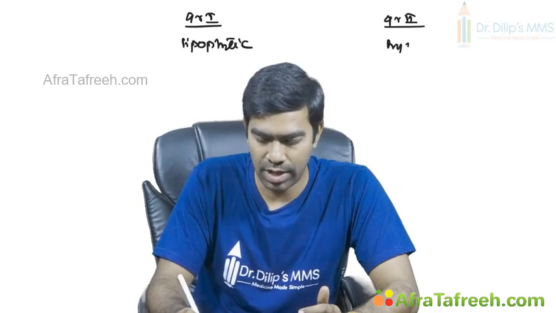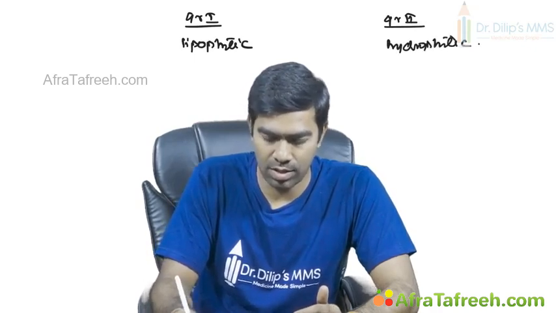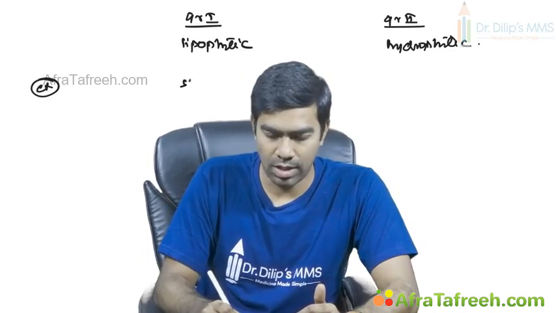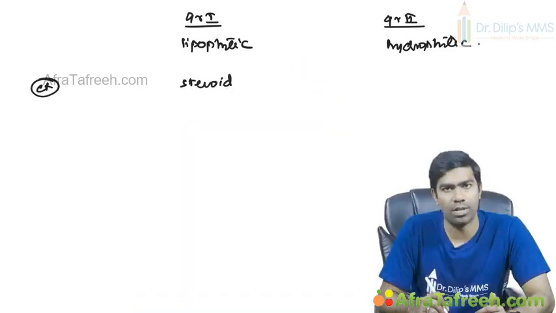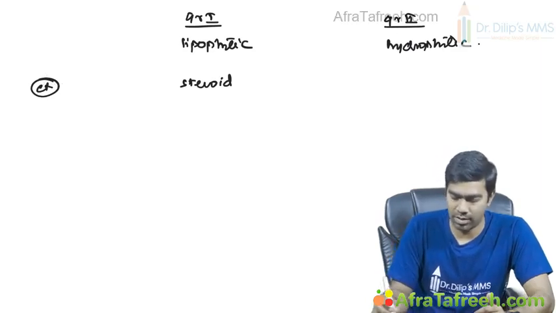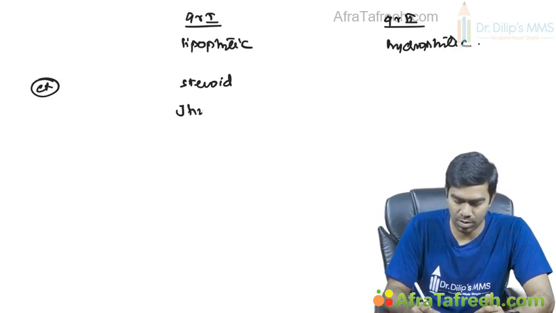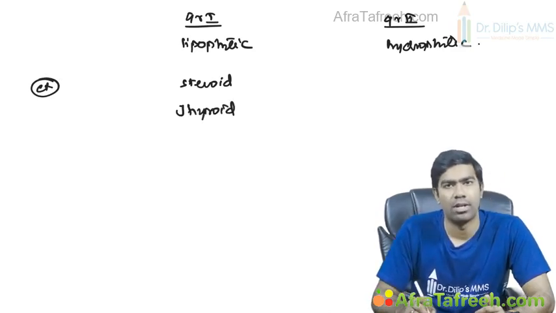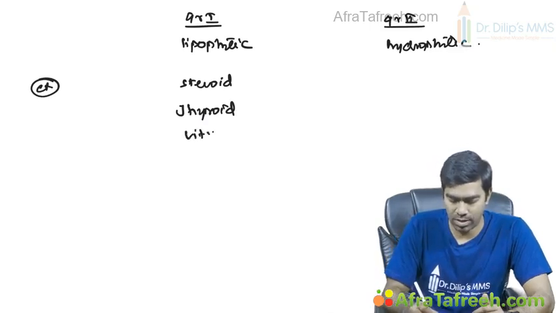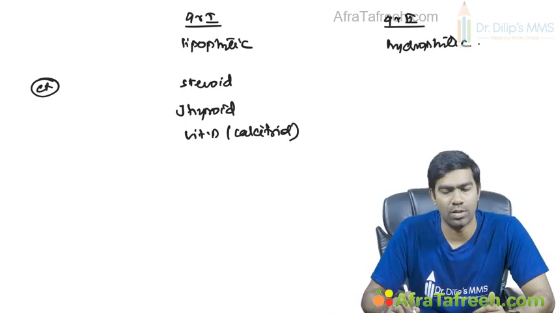Now, let us classify based on the chemical characteristics of the hormone. I told you 2 groups of hormones, group 1 and group 2. Group 1 is going to be lipophilic and group 2 is going to be hydrophilic. Alright. And what are the examples of lipophilic and hydrophilic hormones? I told you any steroid hormone is going to be lipophilic only, and you have thyroid hormones. This is the only amine-based hormone that tends to be lipophilic. And the third one, we have vitamin D, calcitriol. Obviously, if you consider this as a hormone, this also will come under the lipophilic group only.